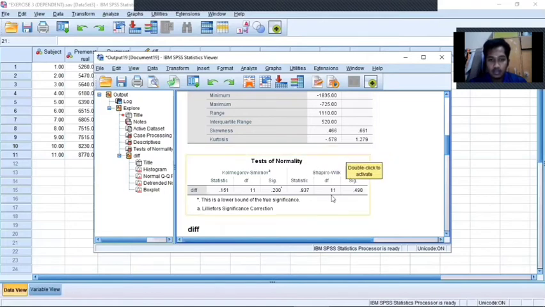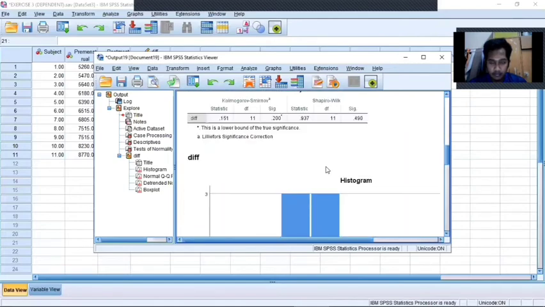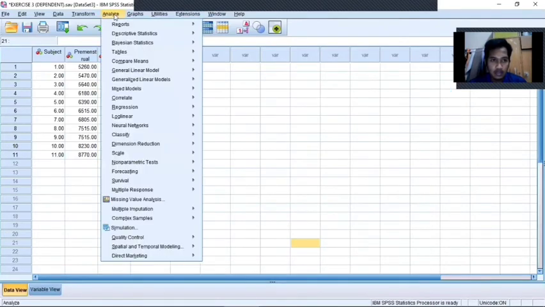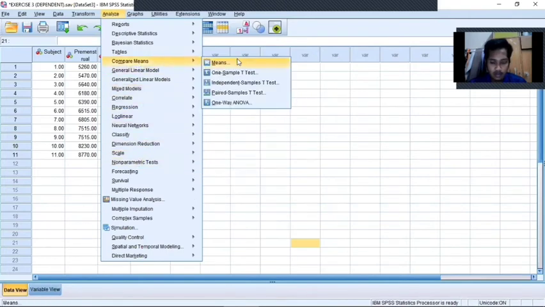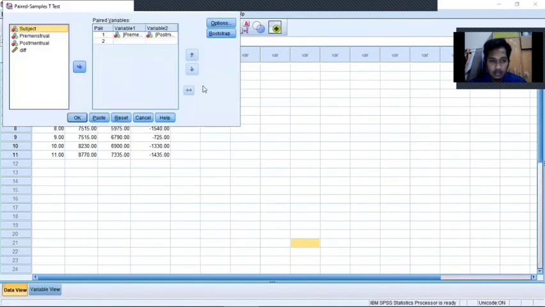After we know that it is parametric, we go through the third step, which is first analyze, compare means, and we go to the paired sample t-test. Okay, for variable 1, we put the premenstrual, and variable 2, the postmenstrual, and then we click OK.